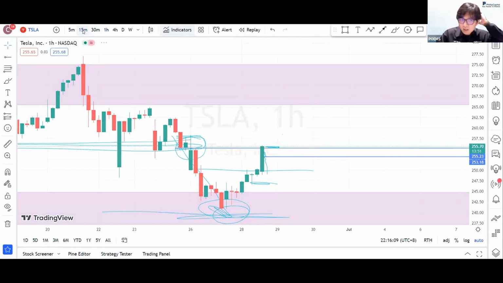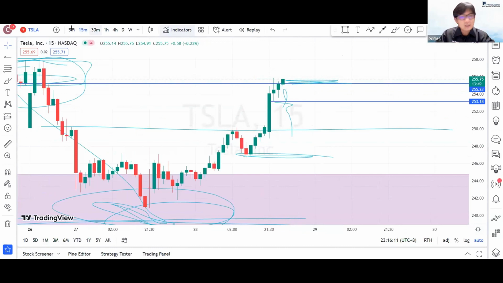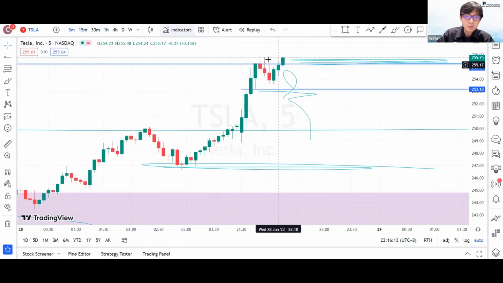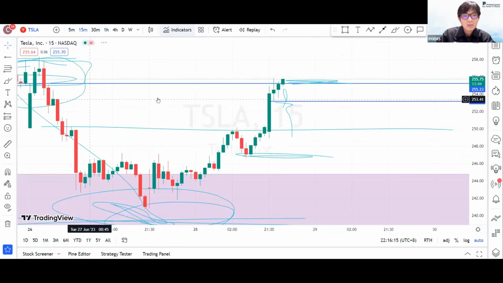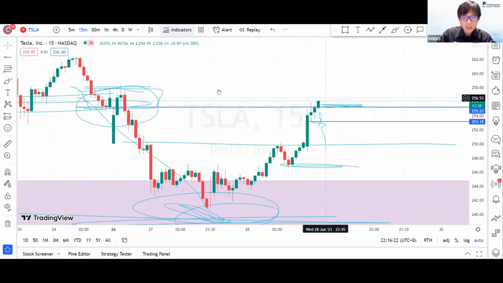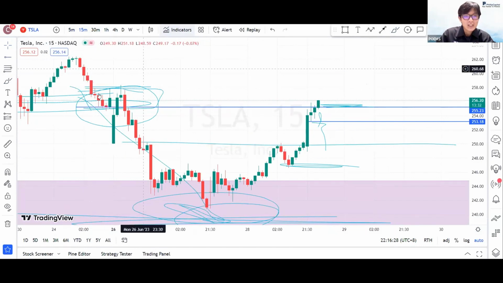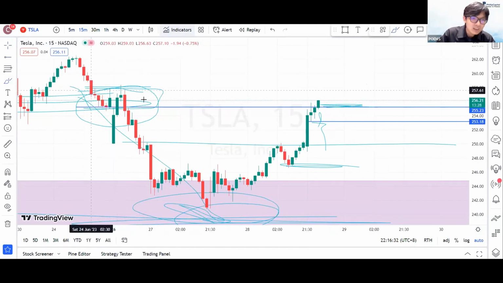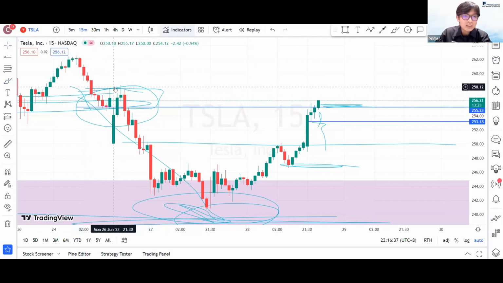Basically, Tesla itself, 15-minute just now, last 5 minutes, very bullish movement, trying to close above this minor supply level, which was formed from the previous demand area. But if you are looking at the long side, same thing. I will need to say this again. You see this circle area, this very messy area that I drew. It is basically still a supply area.